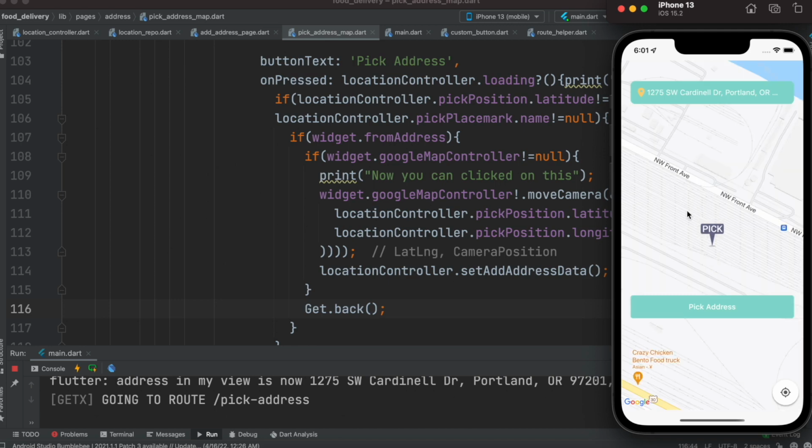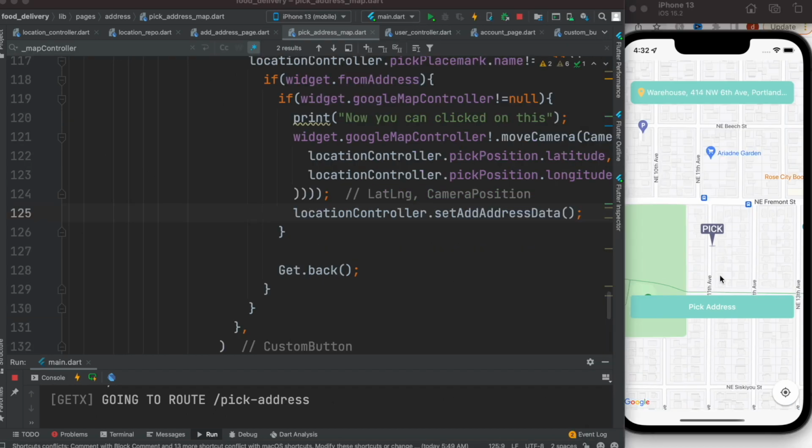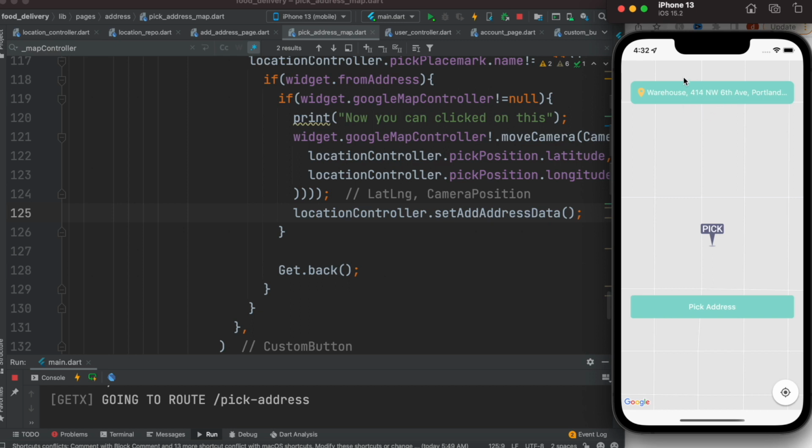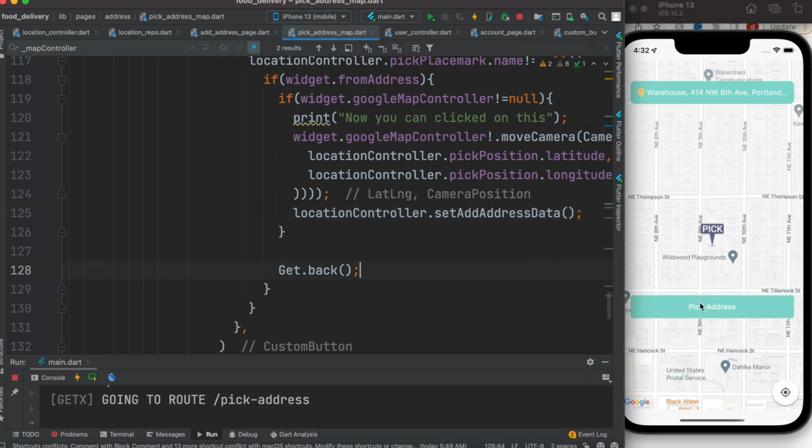Let's see. Okay, but once you come back, you see it doesn't update. Okay, so now this is another problem that we need to take care of. But here we see that as we move on, this doesn't get updated. Well, the reason is actually when you click on this button first time,